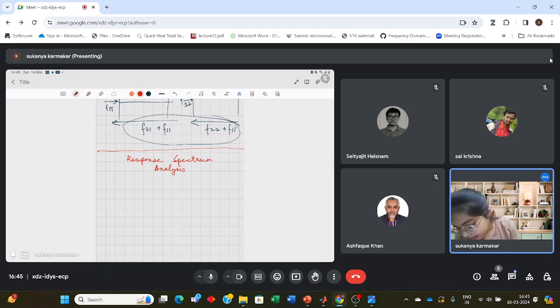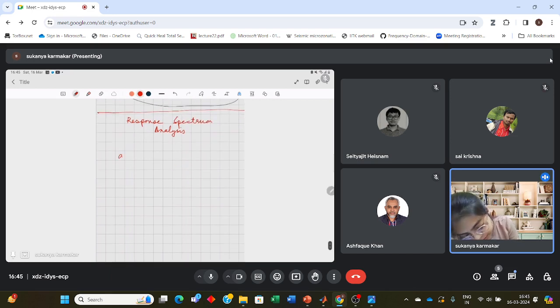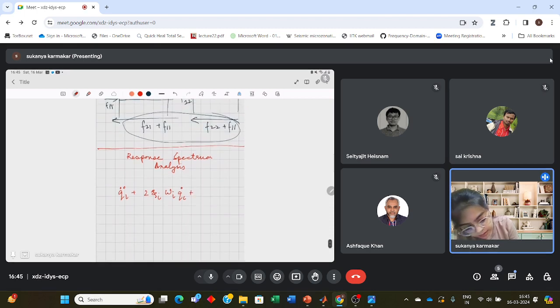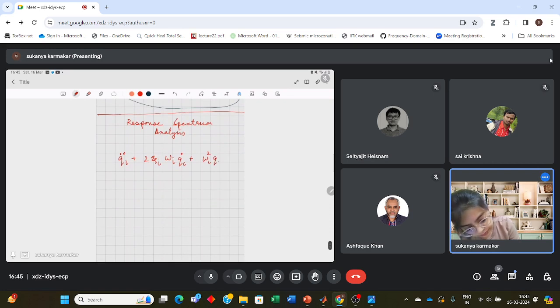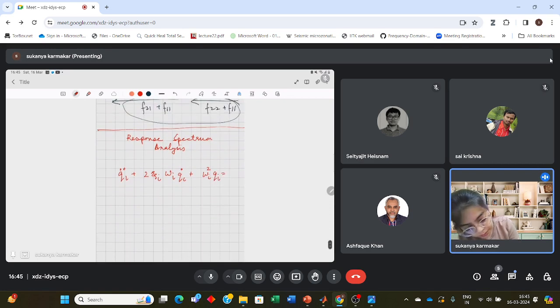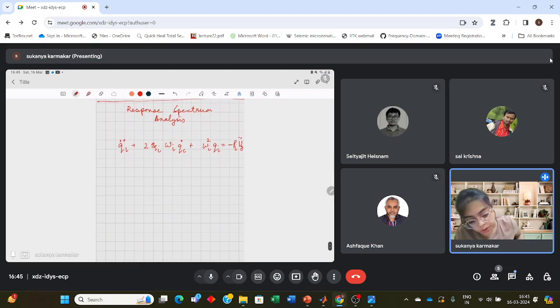Now, basically, till you have this equation, Qi double dot plus 2 zeta i omega i Qi dot plus omega i square Qi is equal to minus the participation factor into Ug double dot. Now, what will be the maximum value of